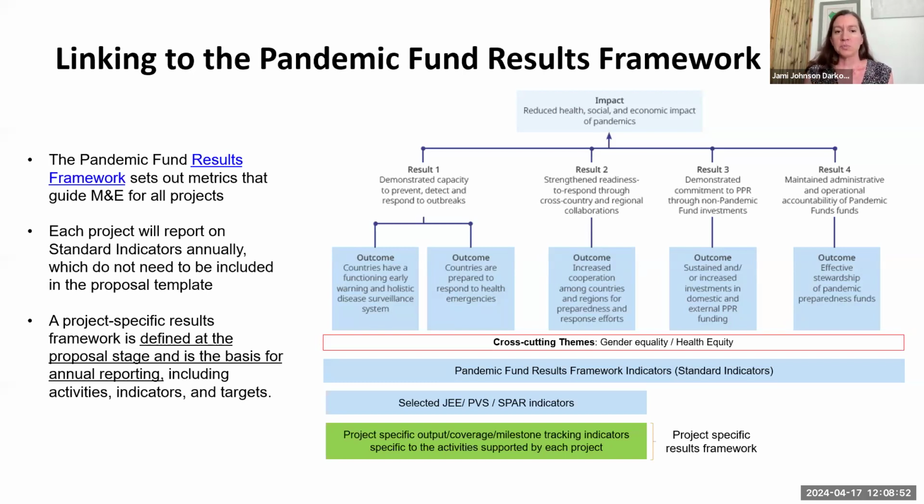Now, for each project, the activities that are being implemented would look different from each other. And so not all JEE, PVS, or SPAR indicators are relevant for every project. So what we're asking for as part of the application is the project-specific results framework template. And this includes a set of the selected JEE, PVS, and SPAR indicators that are relevant for your particular project, as well as outlining the output coverage and milestone tracking indicators that help monitor progress toward change in the JEE,